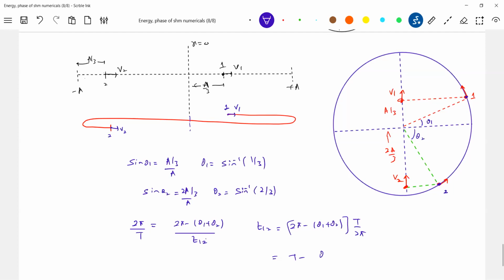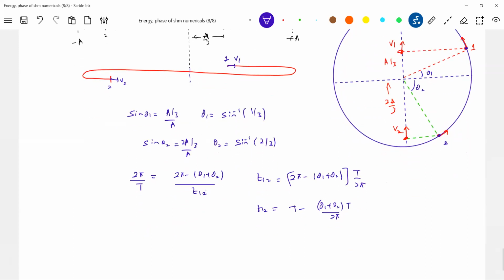Just to trouble you, questions will be of this kind. Let me take T common. What is T1 2? T times 1 minus sine inverse of